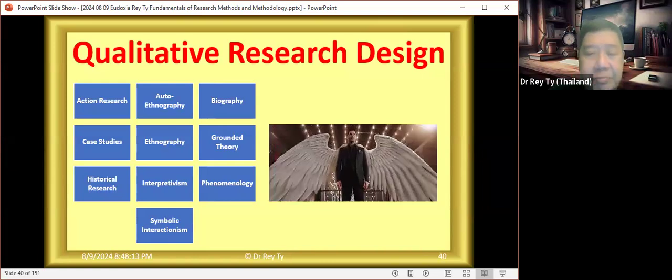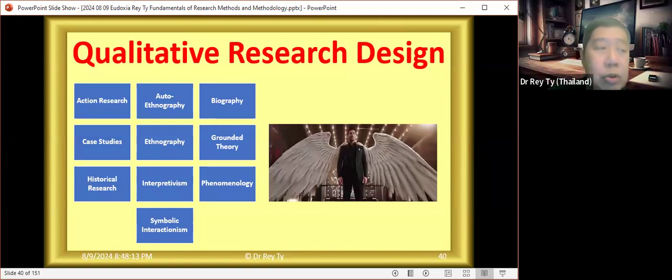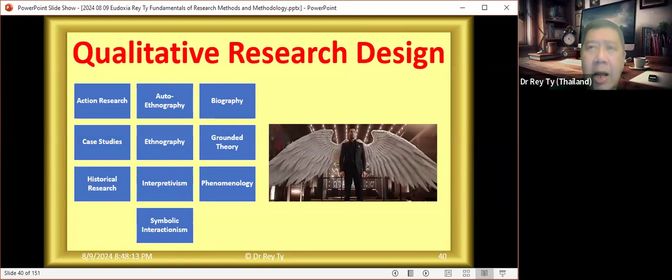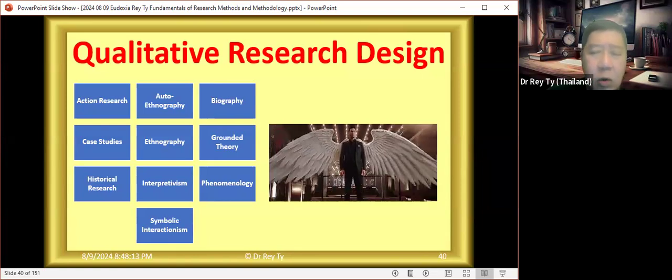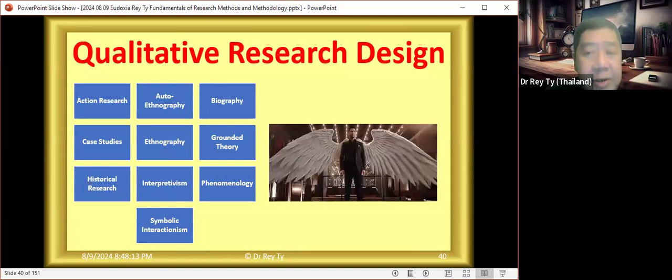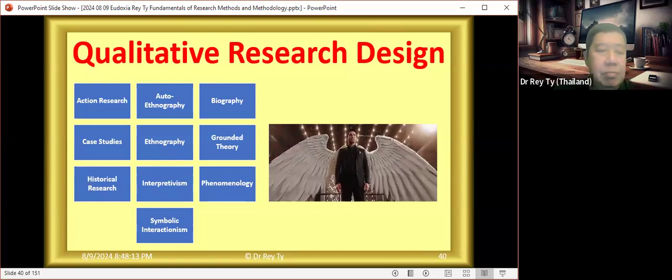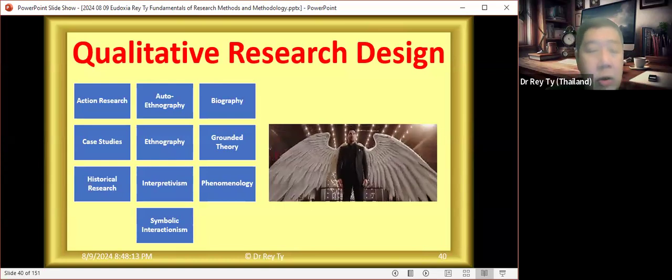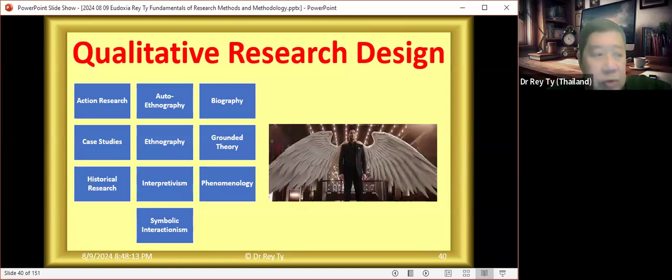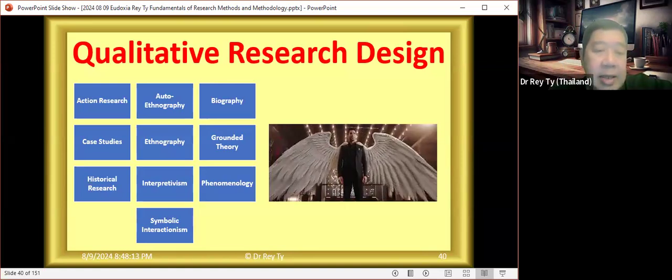Grounded theory is something you produce at the end. It's both a process and a product. You do not use a theory. No theory guides your paper. It's inductive. Rather, you produce a theory at the end of your research. Historical research, we all know we dig into documents or interview people who have known certain events and then write